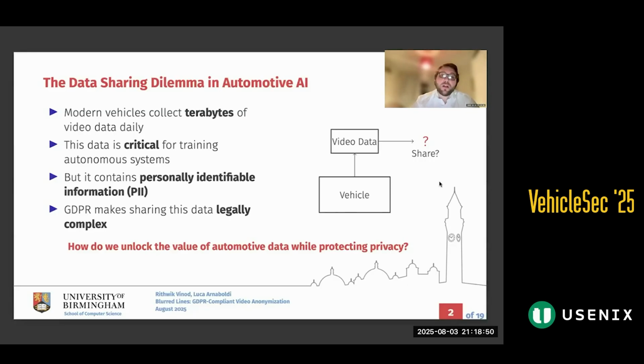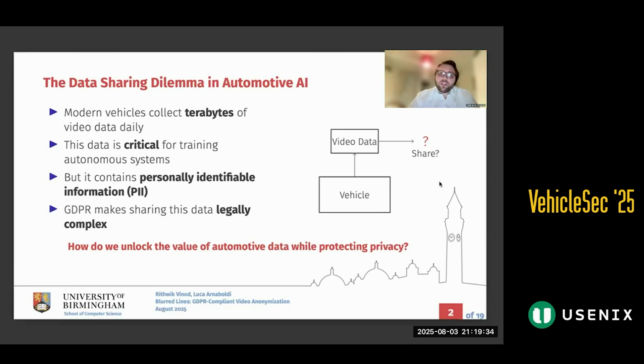However, as everyone here knows or is probably aware, data that you collect from vehicles may contain sensitive information. Now, in Europe, we have something called GDPR, which we all must abide by law, which effectively states that any data we share must be anonymous. So we cannot have anything called personally identifiable information in it, which means something that could uniquely identify a specific individual or their beliefs or their gender, ethnicity, religious beliefs, or any protected information.